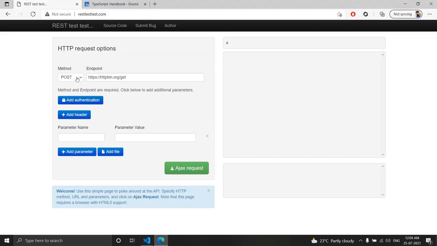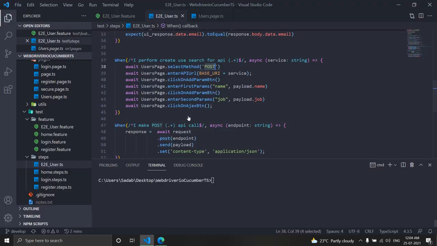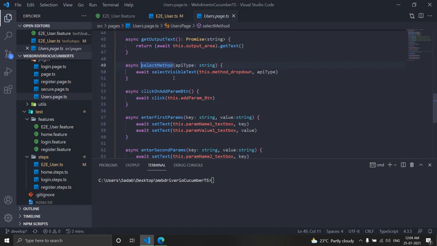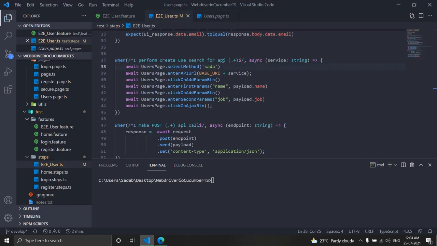Now a string can be anything, so our goal is to pass only these options, get, post, option, but we can pass abcd or any random data here, and still it will not give you an error, because the method we have written expects a string. So if you pass correct data here, like post, the code will work fine, but there might be a chance that you make a spelling mistake, or any other tester using this method might pass some different data, so there is a chance that the code will break.